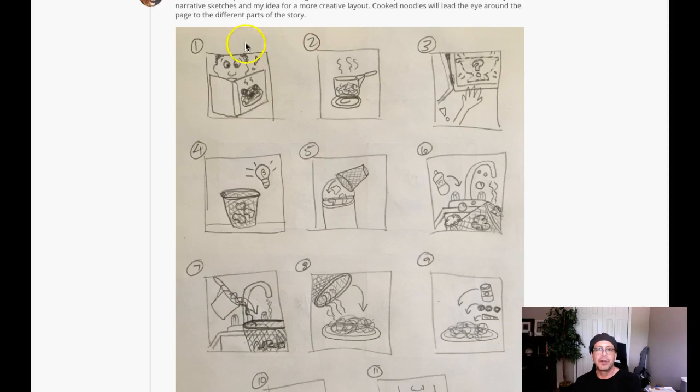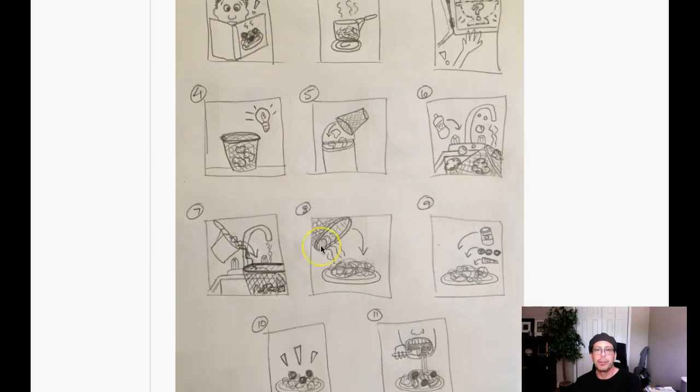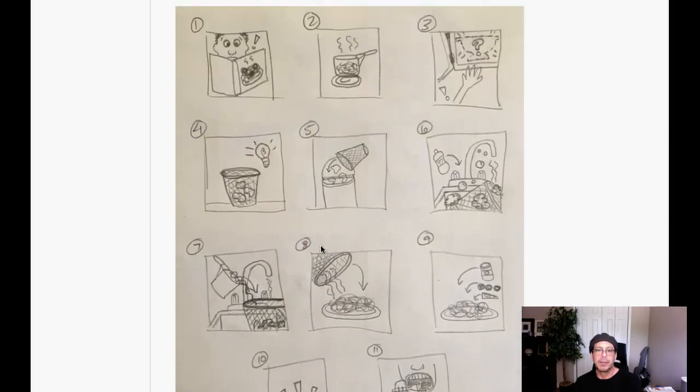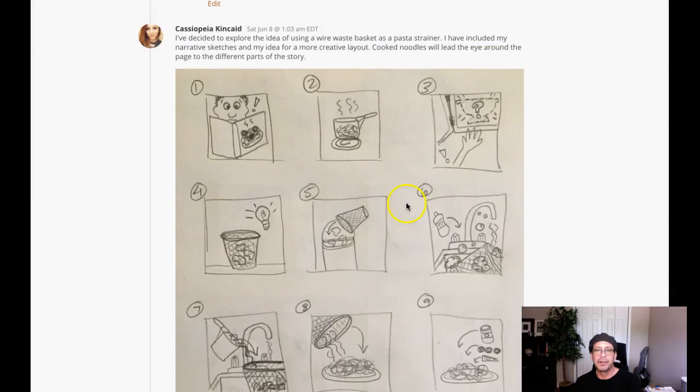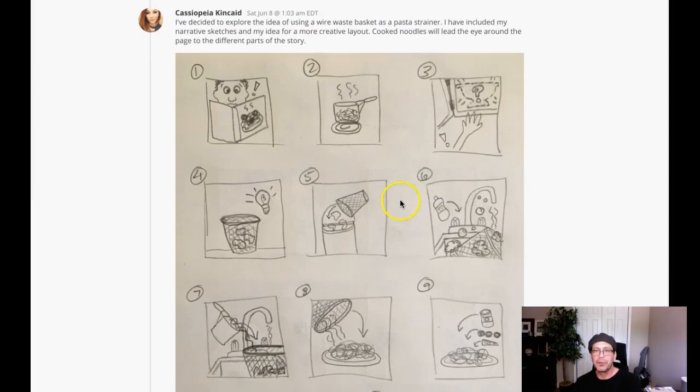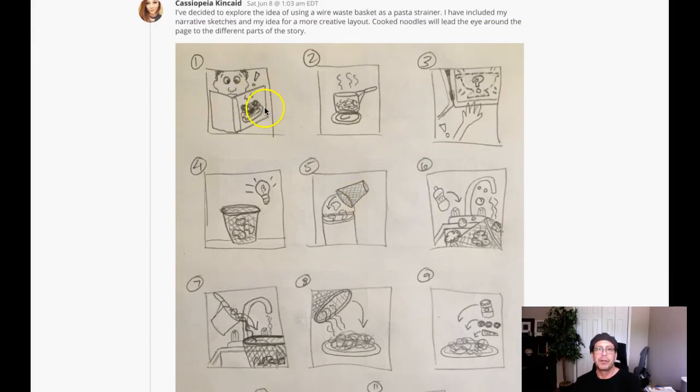So you've got introduction of the setting and introduction of the main character. That's fantastic. So I think what you have here is a good depiction of all of the needed components of an effective narrative. So that's great. So we've got introduction of the setting, introduction of the main character, right?